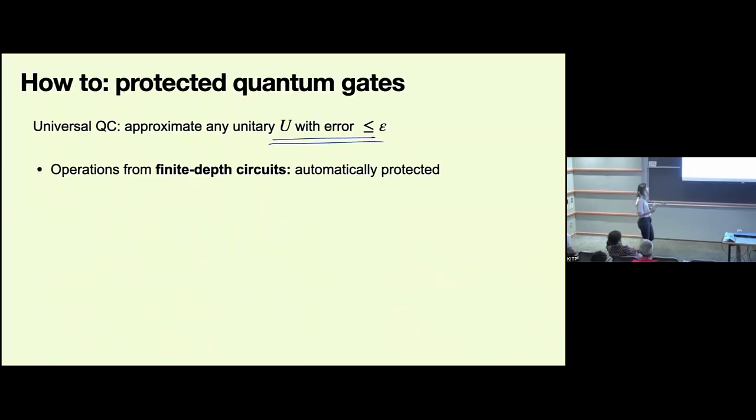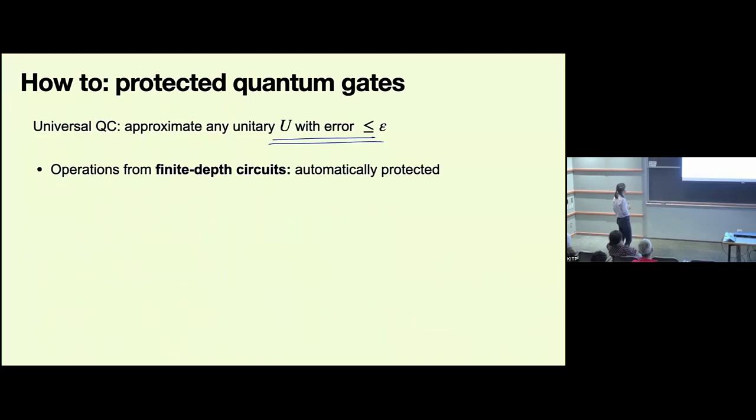So, and then there's one more aspect of universal quantum computation, which is that we want to approximate an arbitrary rotation with an arbitrary accuracy. But not only do we want to know how to rotate it using a basis of gates, we also want to be able to guarantee that accuracy if the environment is trying to compromise our operations. So we somehow need to prove a threshold theorem in that case. And this is where things become vastly more complicated immediately.